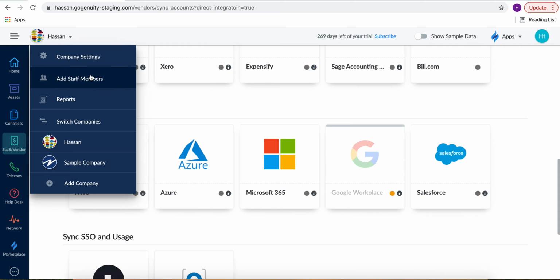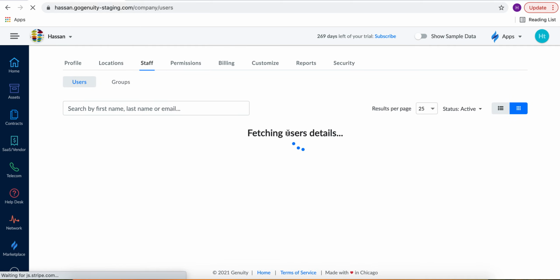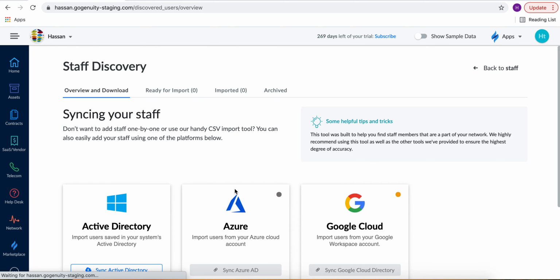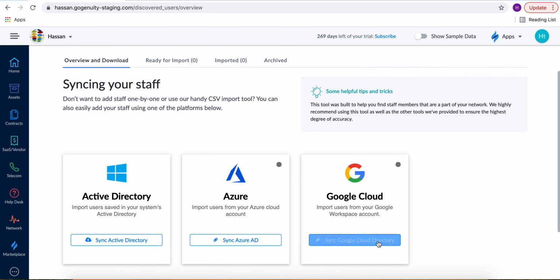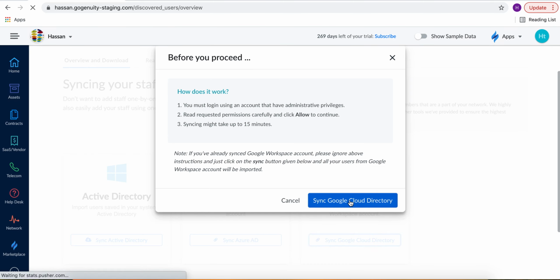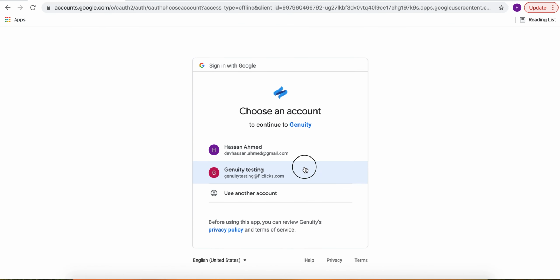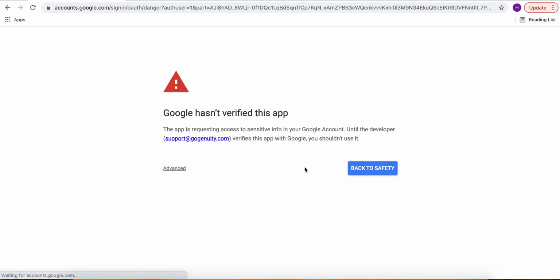And we also have the second use case for the Google Workspace application, and that is to sync staff so that they can fetch all the company staff members into the platform easily so that they do not have to manually upload the staff members one by one. And now we have added the functionality to also sync the organizational units and groups.